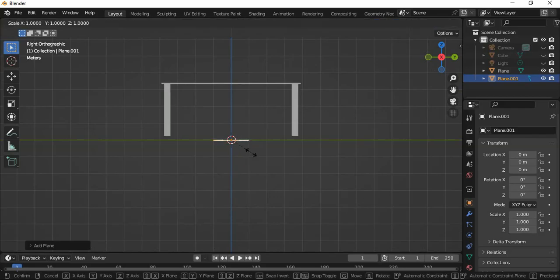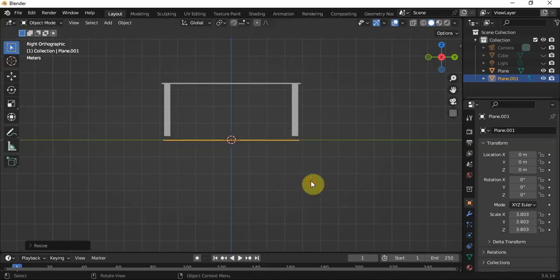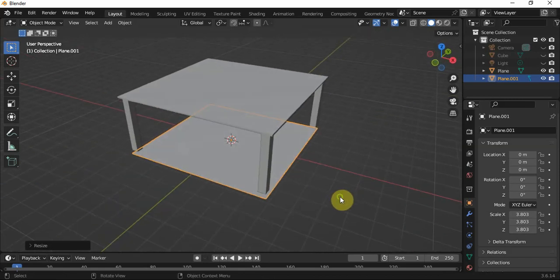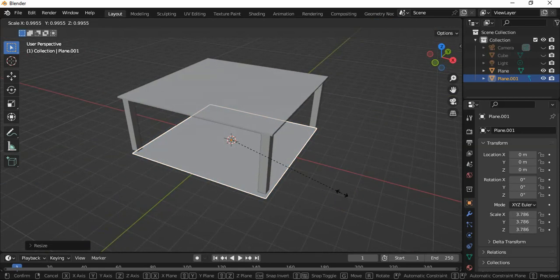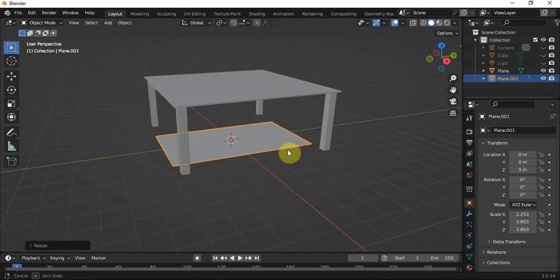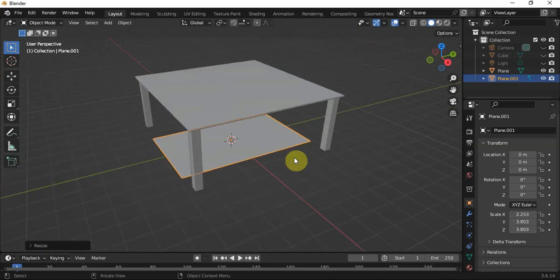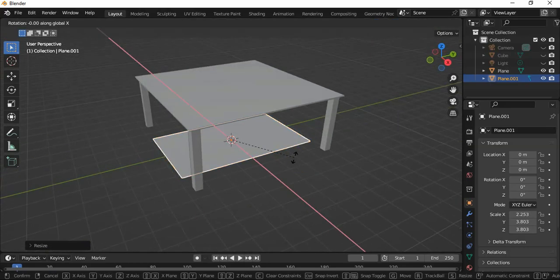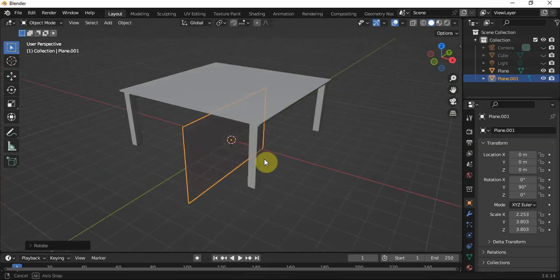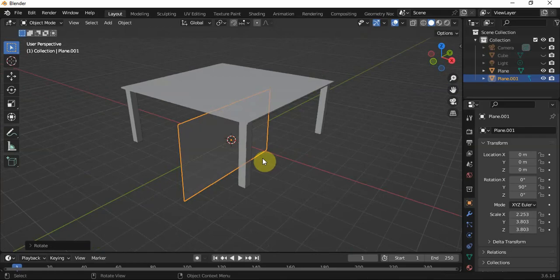So scale up. After scaling up, I want to scale in the x-axis so that it becomes a little bit tiny. Then I will rotate in the y-axis 90 so that it can be standing upright. Then I want to move up,